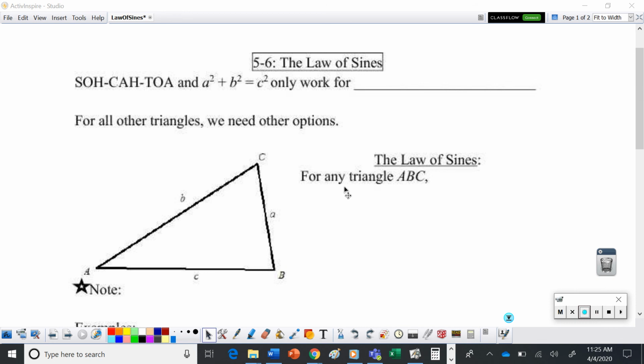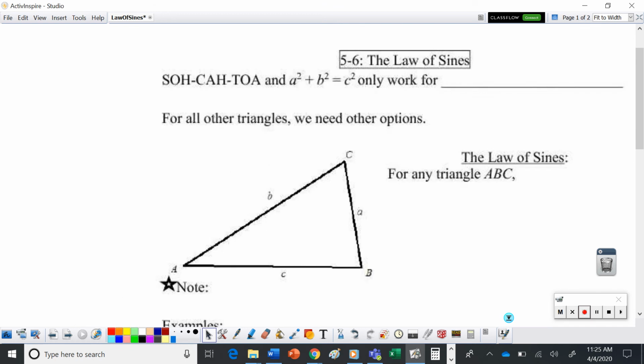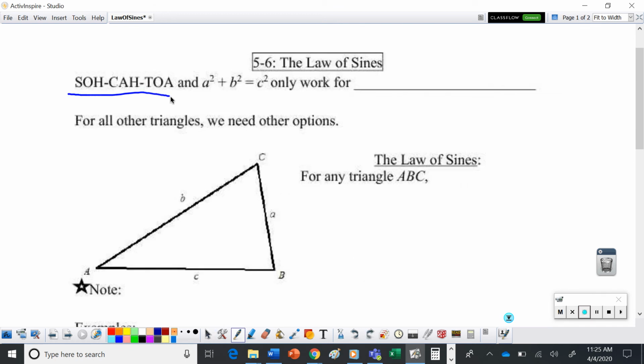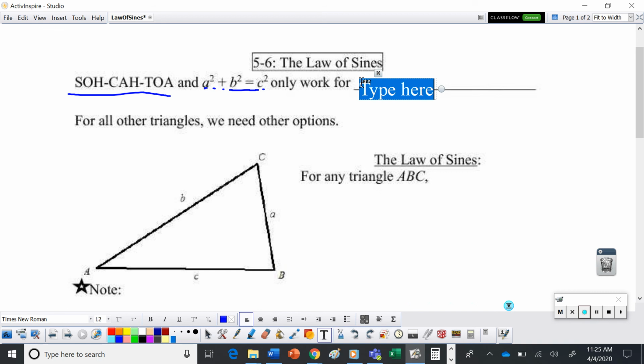Before all the cancellations, before we were not in school, we were talking about solving triangles, and I want to review a few of those things before we get into anything new. First off, we were talking about SOHCAHTOA, which was short for sine is opposite over hypotenuse, cosine is adjacent over hypotenuse, and tangent is opposite over adjacent. We also had the Pythagorean theorem, a squared plus b squared equals c squared, but each of those only worked for a special type of triangle. Those were only going to work for right triangles. If we didn't know explicitly that it was a right triangle, we had to come at it from a different angle. Get it? Angle? Anyway,